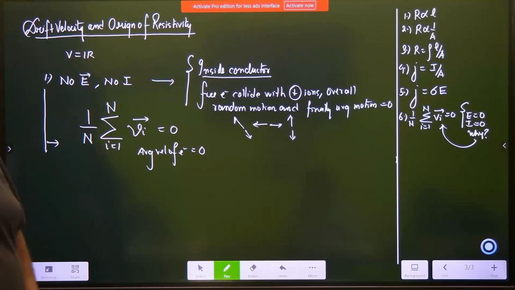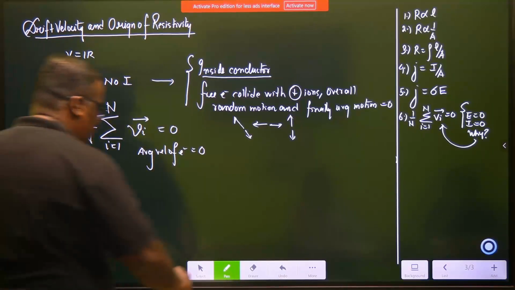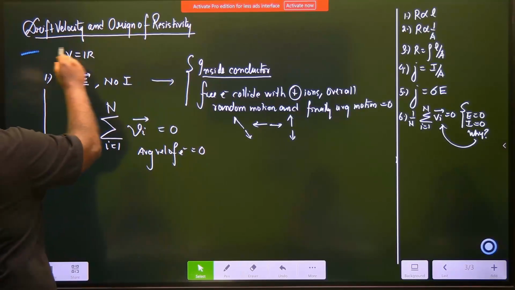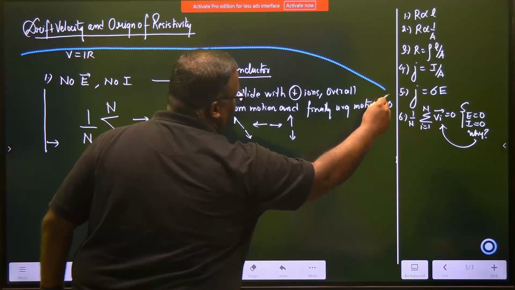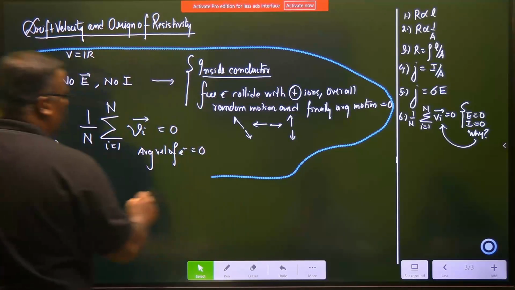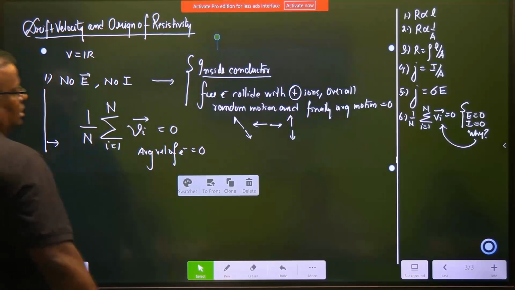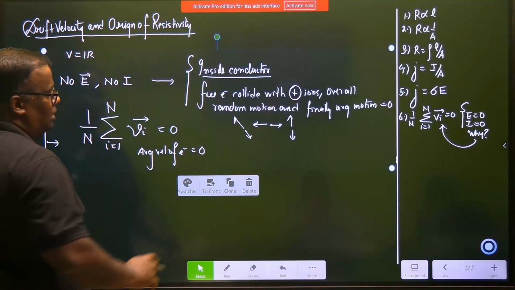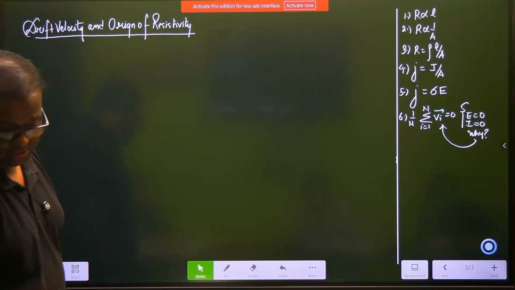Understood? Can I slowly wipe this off? So under this topic, we will study many subtopics. This was our first subtopic. My next subtopic is